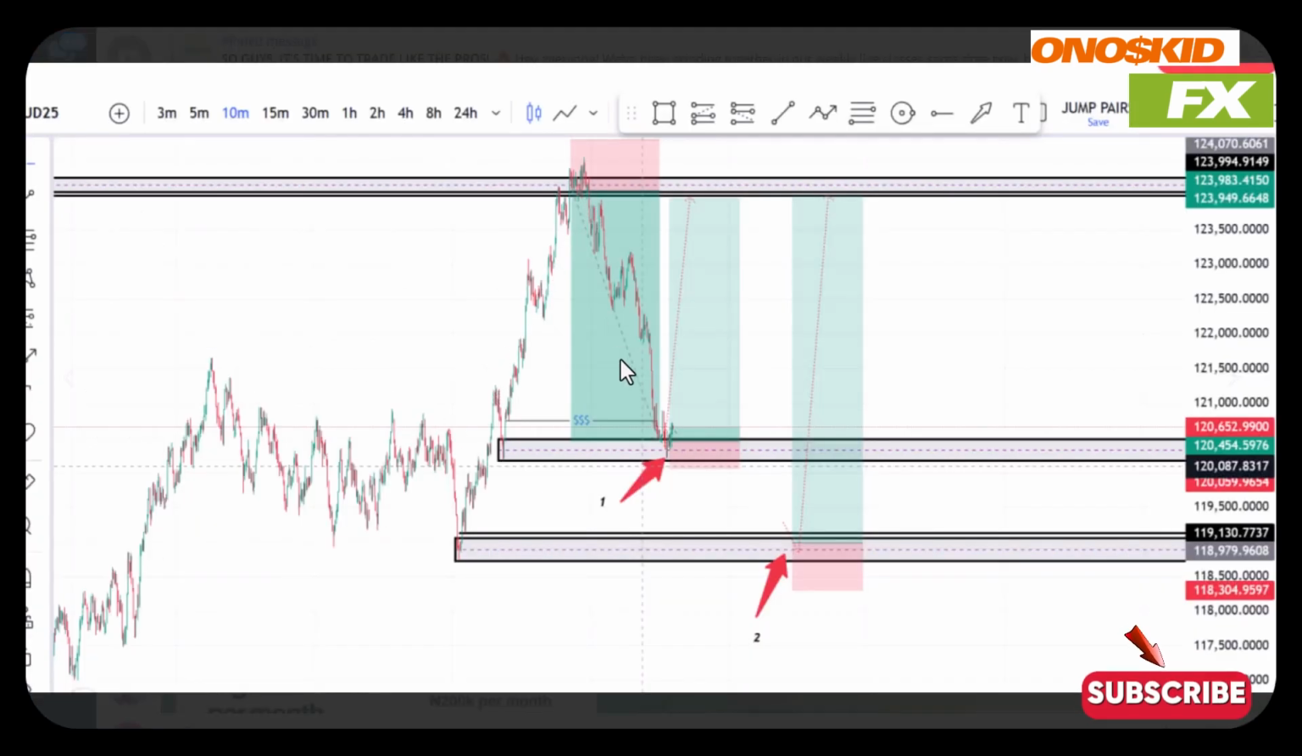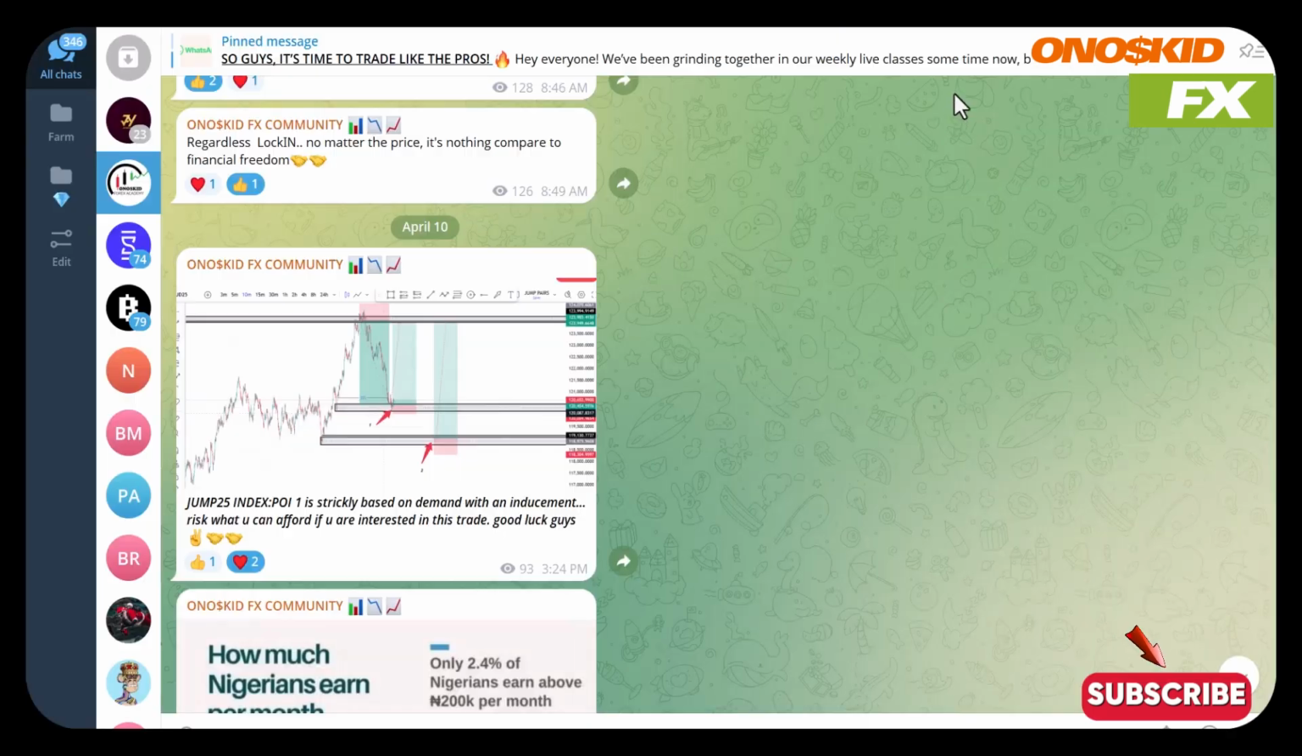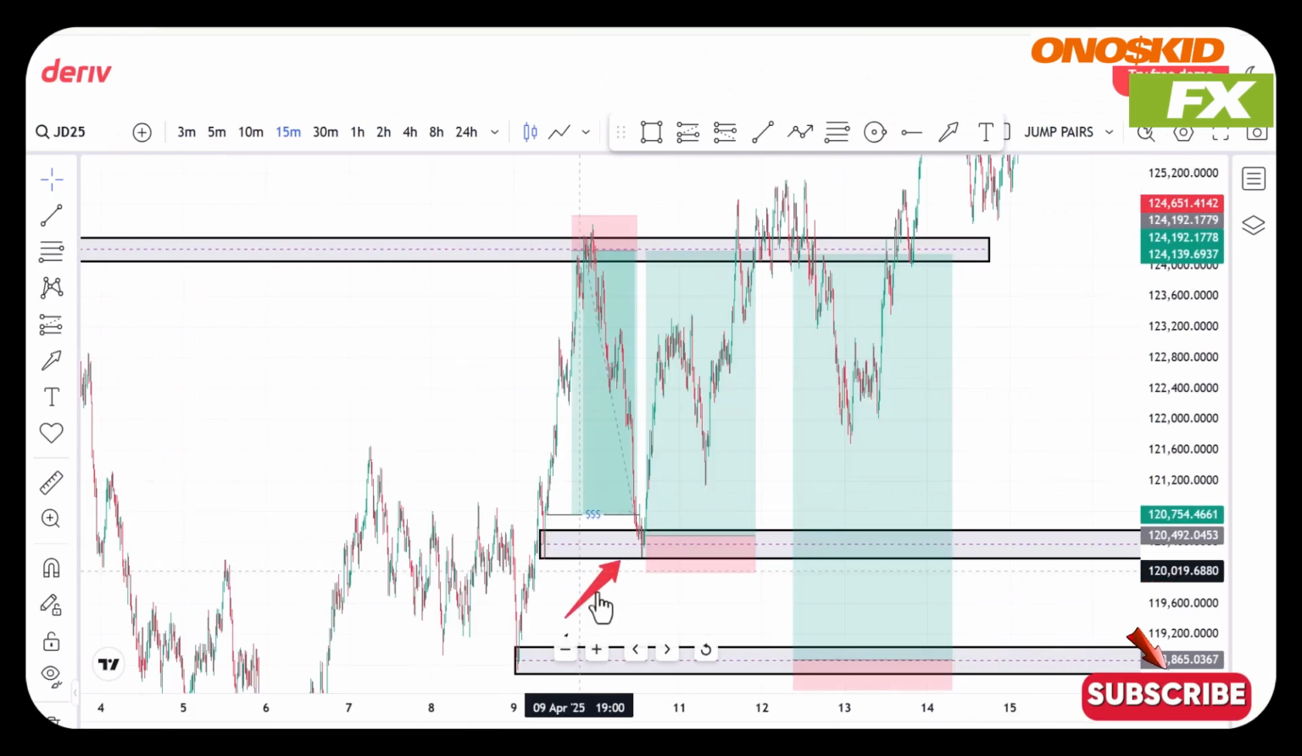Actually, this says I posted it for my VIP guys. I had a buy setup. The sell was for the VIP guys, but then I decided to give out the buy to everybody, both the free Telegram channel and the VIP guys. So the same thing: liquidity was identified, unmitigated OB, price gave a good reaction from it,